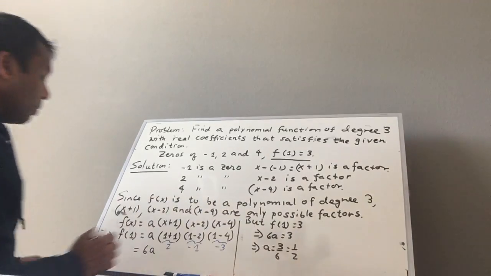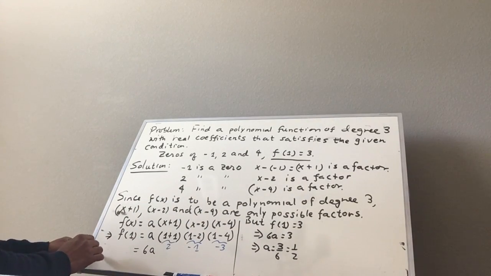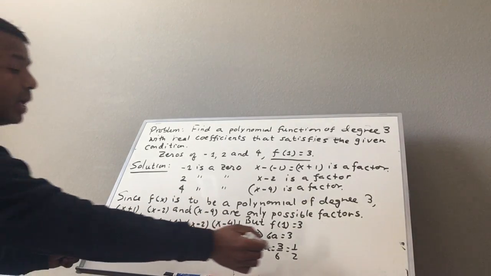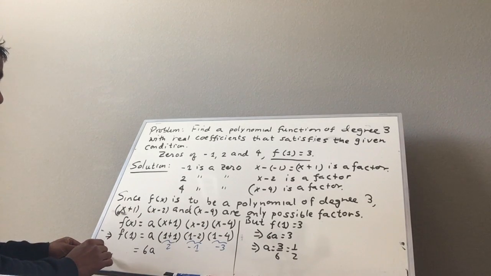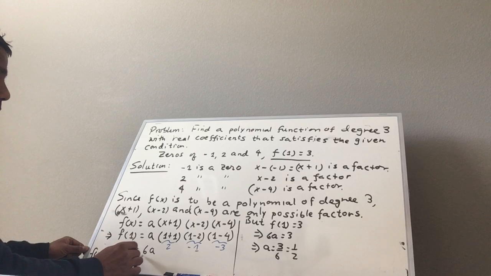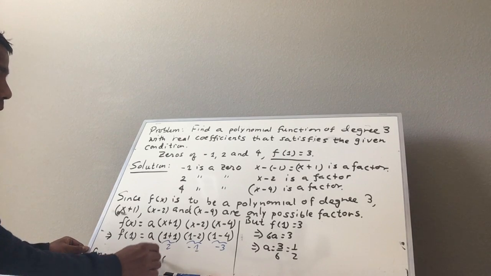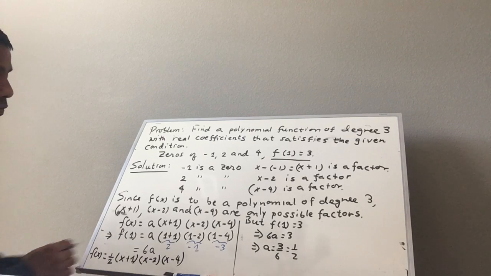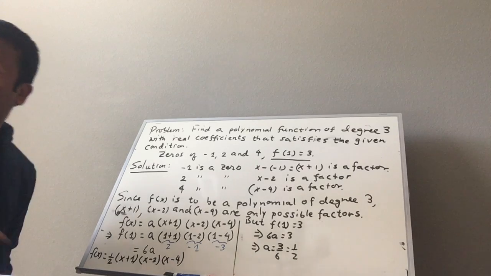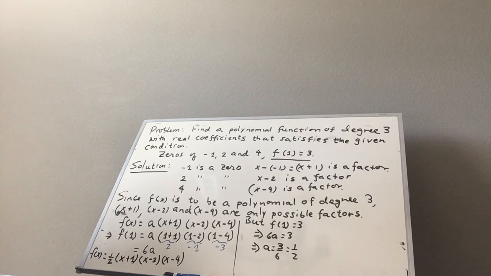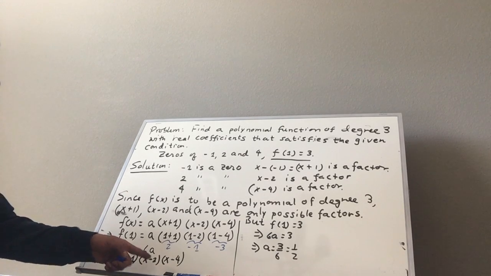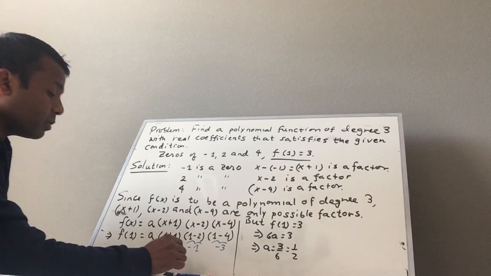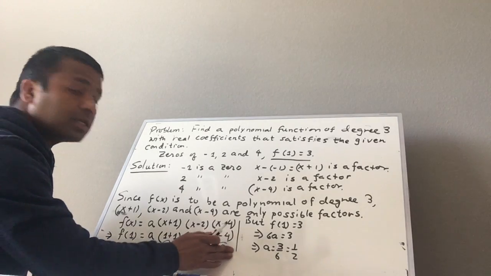The polynomial will be f(x) equals, value of a is 1/2, you plug in the value of a here, 1/2 times x plus 1 times x minus 2 times x minus 4, and if you simplify this,